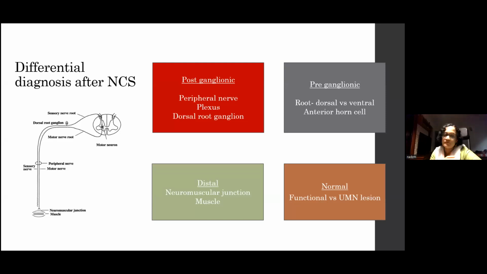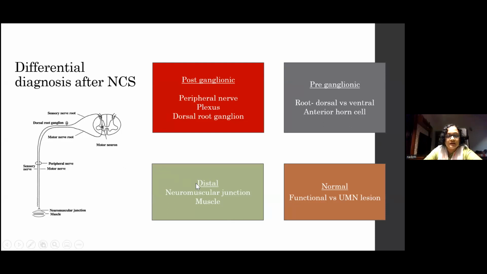If you've attended the last lecture, you'll remember postganglionic and preganglionic. Postganglionic is anything distal from the dorsal root ganglion all the way to the sensory nerves, sensory afferents. So that will include your peripheral nerve, plexus, as well as dorsal root ganglion. Preganglionic is anything proximal. That will include your roots, dorsal or ventral root, as well as the motor neuron, or the